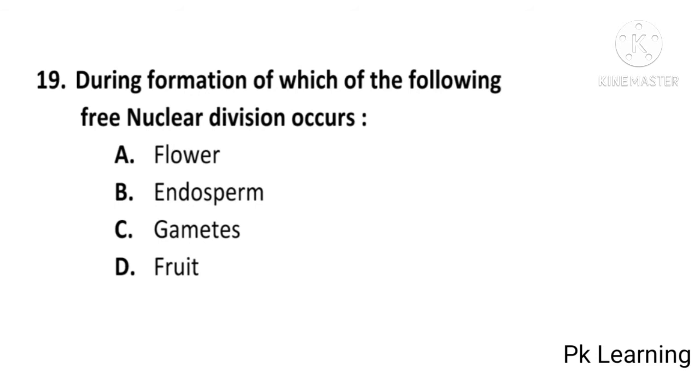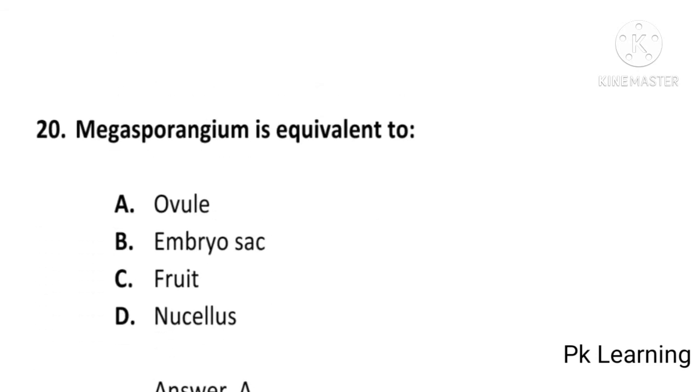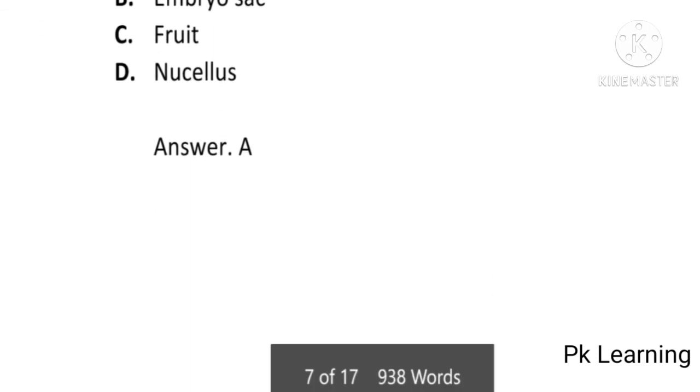during formation of which of the following does free nuclear division occur? Flower, endosperm, gametes, or fruit? And the answer is B, endosperm. Free nuclear division occurs during formation of endosperm. B is the correct option. And the next question is megasporangium is equivalent to ovule, embryo sac, fruit, or nucellus, and the answer is A, ovule. Megasporangium is equivalent to ovule. A is the correct option. And the next question is